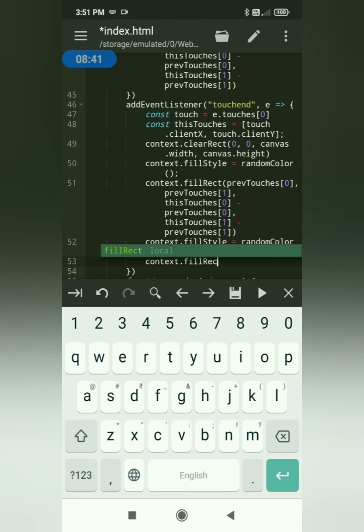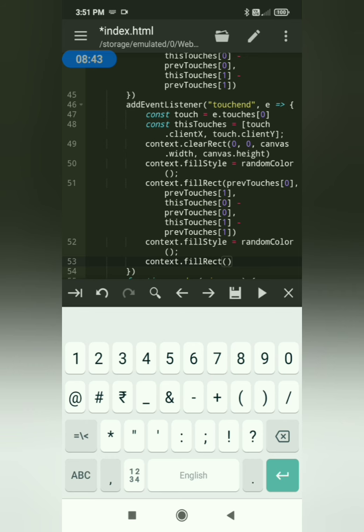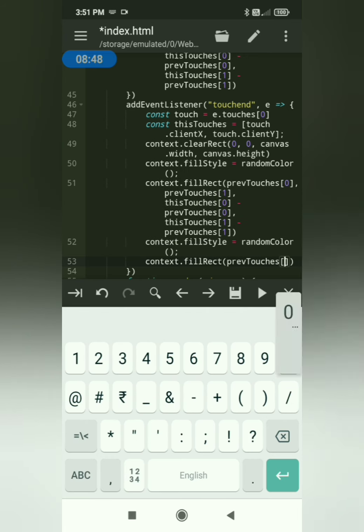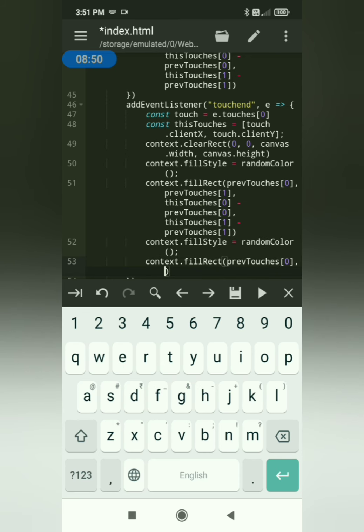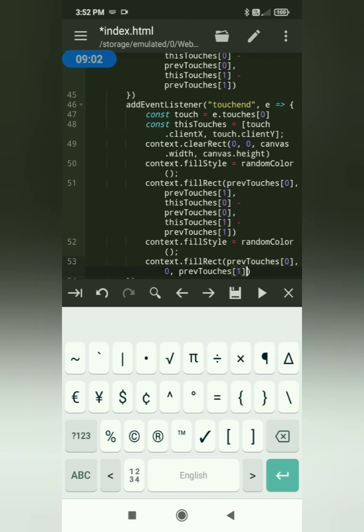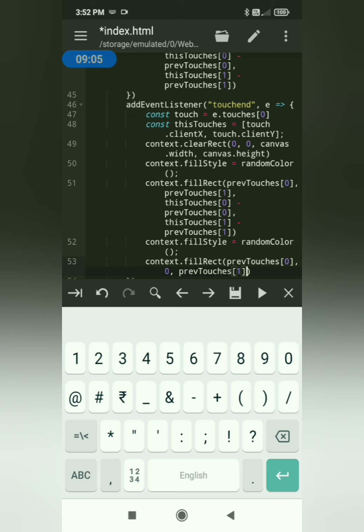I am getting a fillRect function, and the x coordinate will be the x coordinate of the starting point, and then the y coordinate will be 0 as we want a rectangle from the very top. The next thing is height, which should be prevTouches 1, the y coordinate of the starting point.